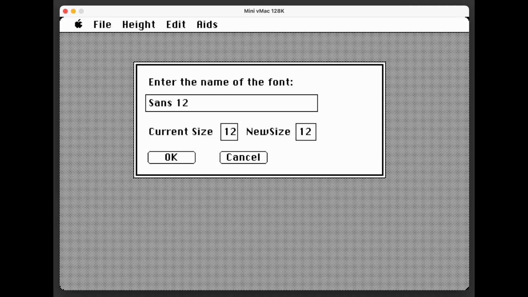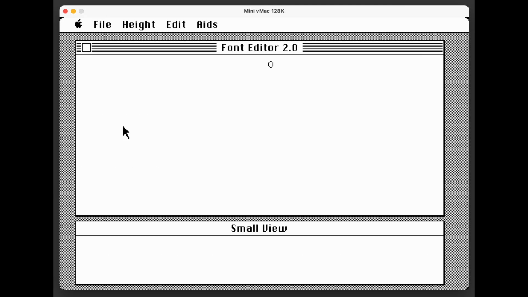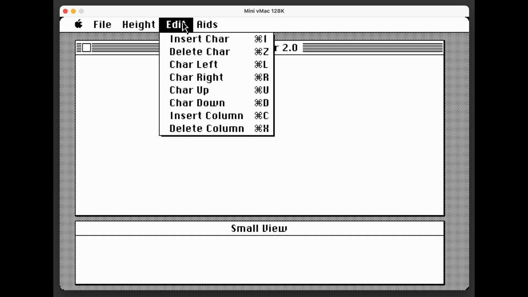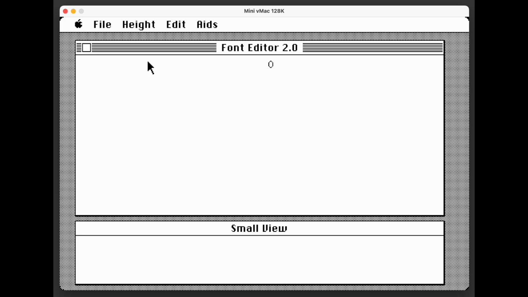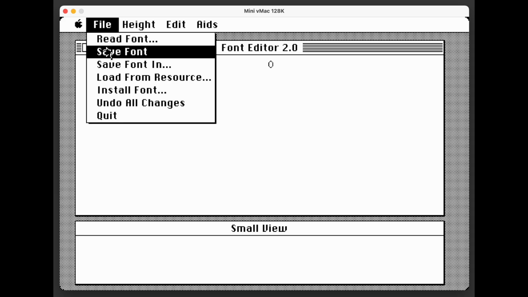If you make any mistakes, it'll beep and complain, and you'll end up with a blank document you can't do anything with. I'll just demonstrate that. If I just type sans, see it beeps, and there you can't do anything in here. You can try using some of these commands here, but they don't do anything. So I'm just going to quit,